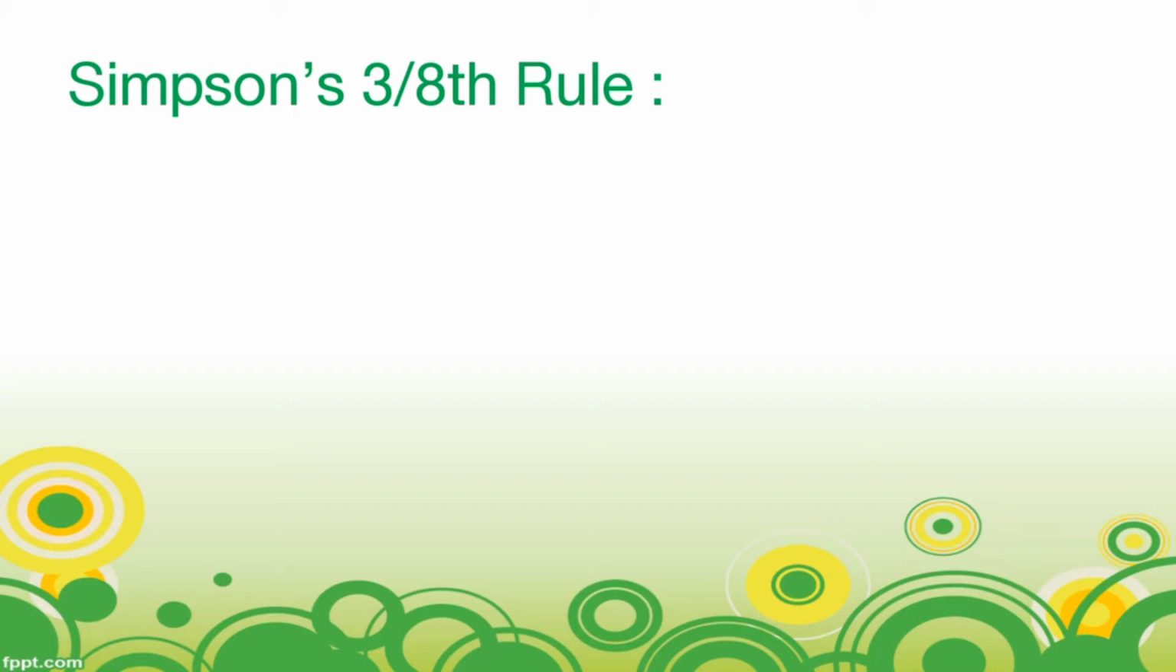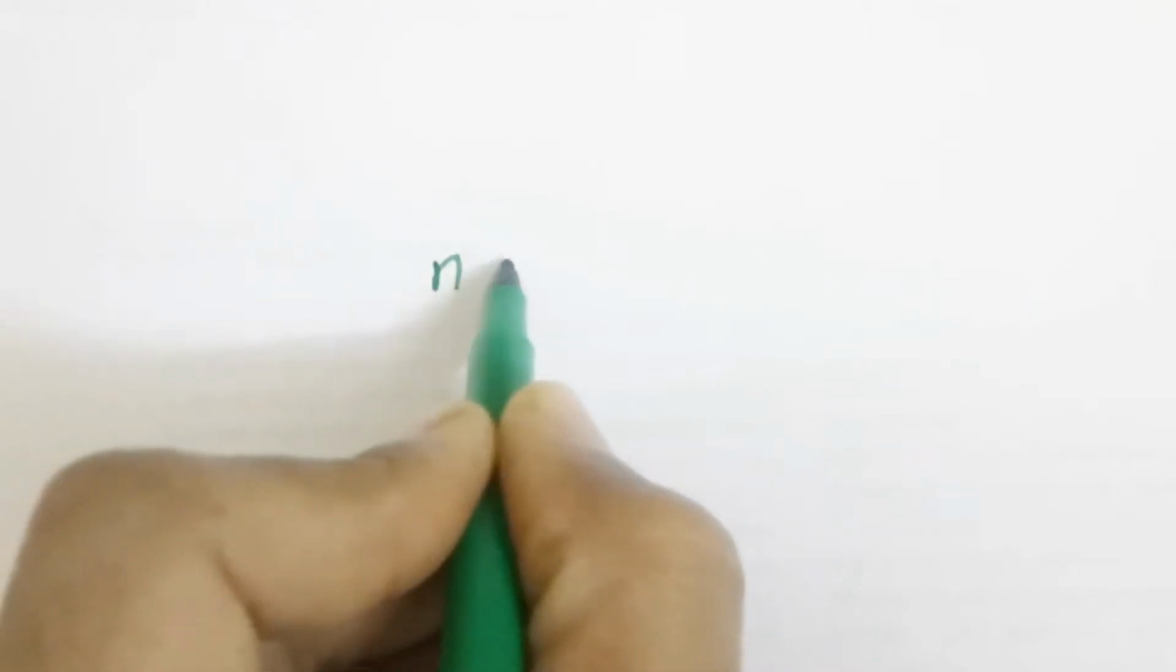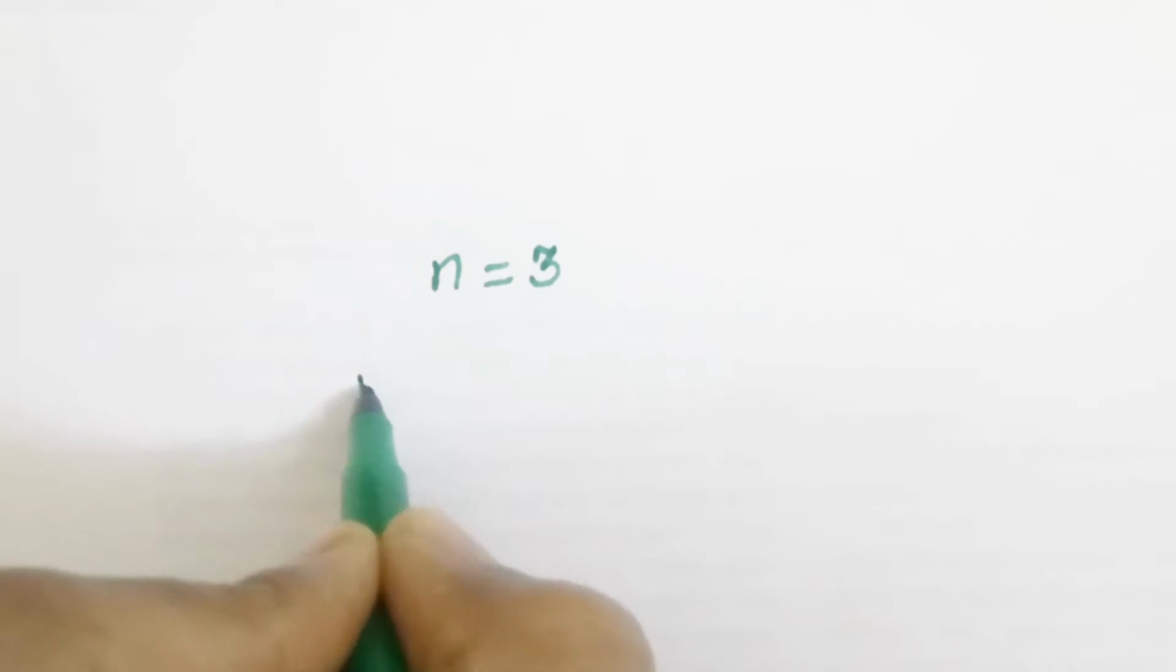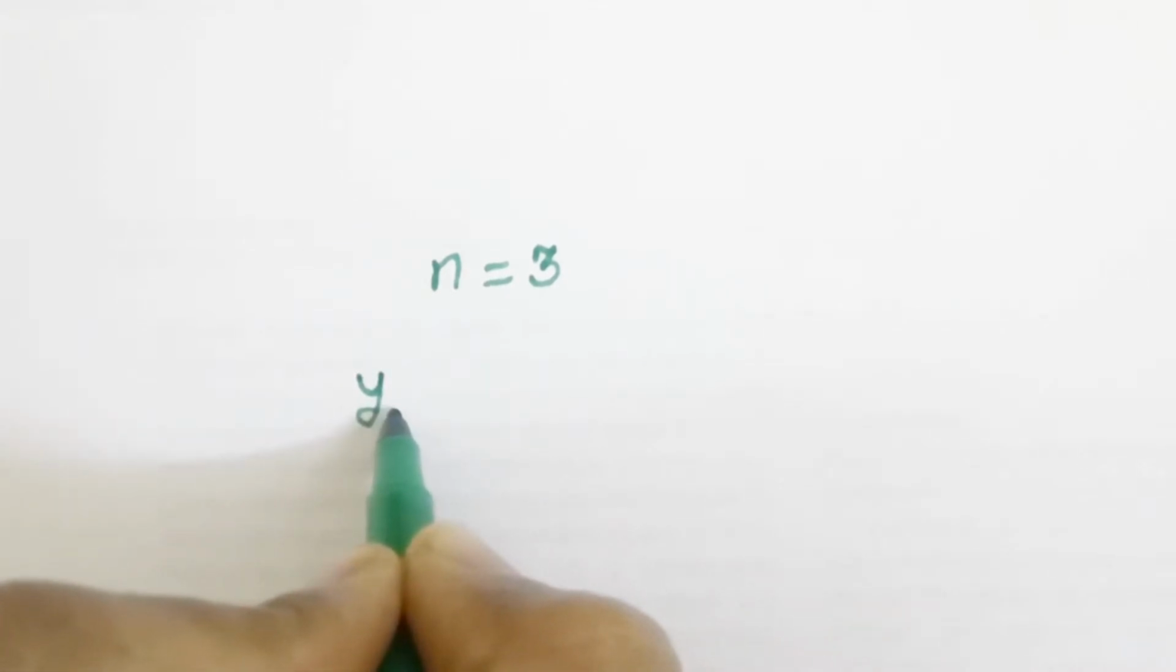And we know that in the last lecture I told you about n: if n is even then we use Simpson's 1/3 rule, and if n is odd then we use Simpson's 3 by 8 rule. So to derive this formula we have to consider n odd. Suppose we take n equals 3, that means we are considering the function up to y3,